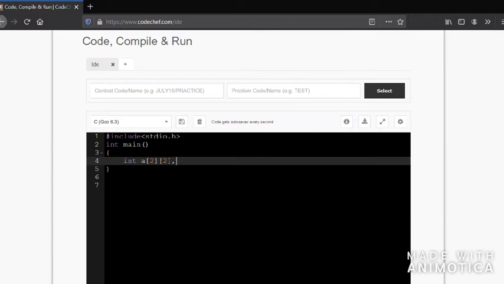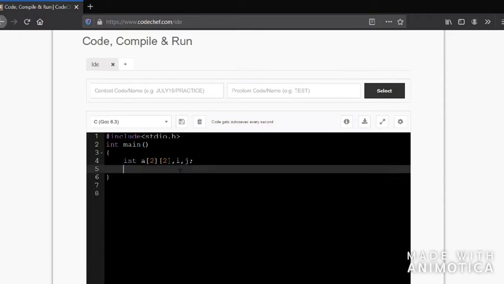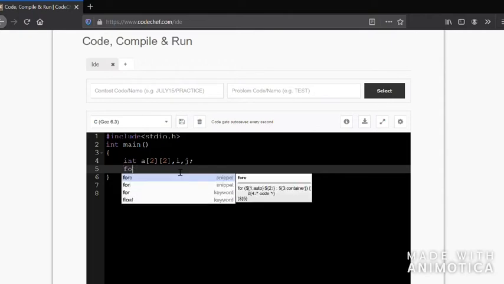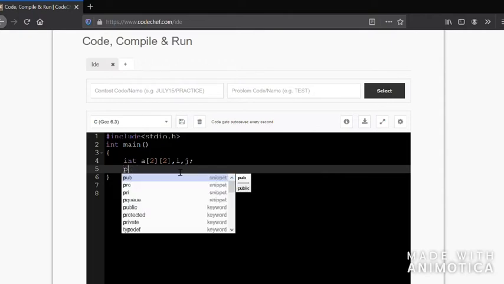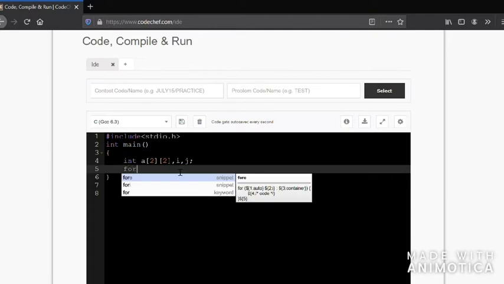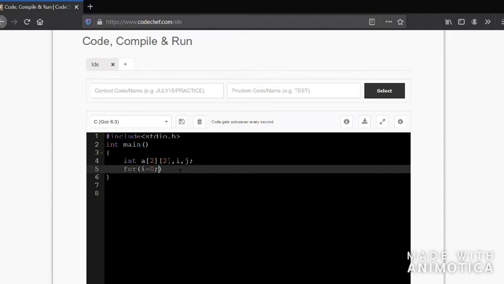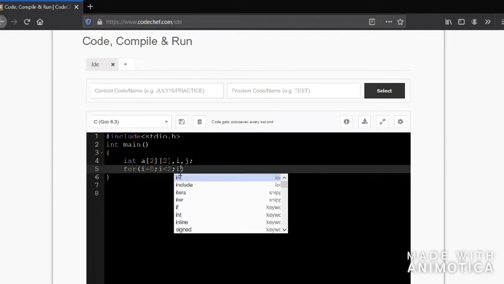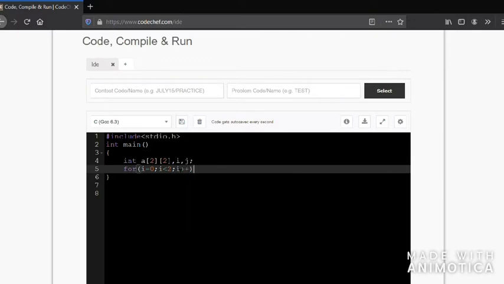Now to go through the rows I will need a variable, so I'm using i, and to go through the columns I'll use another variable j. Next, for i equal to 0, i less than 2, i plus plus.